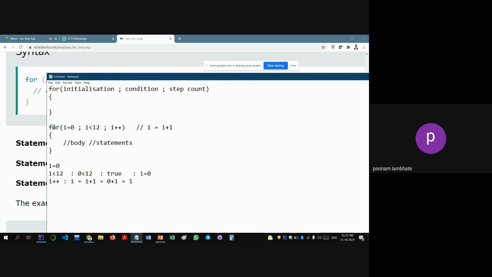So what we did first, we wrote I is equal to 0. Then we checked whether 0 less than 12. If it is true, we executed all the statements. Execute statements. After the last statement, which is within the curly bracket, what we'll check for I plus plus. Okay, so I plus plus means what? I is equal to I plus 1. So I is initially 0, 0 plus 1 is 1. When I is equal to 1,